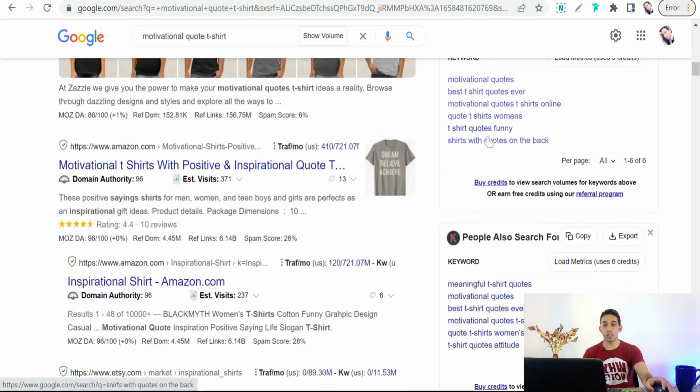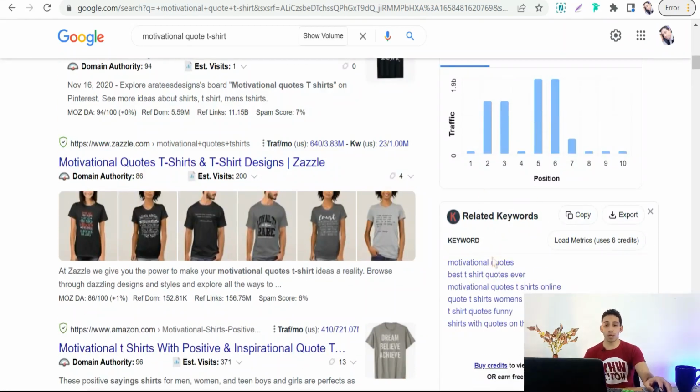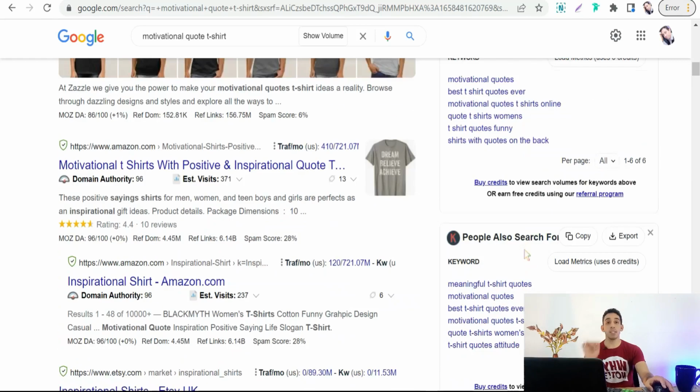And for example, for this one, related keywords from Keywords Everywhere, best t-shirt quotes ever, this amazing tag or amazing keyword that you can use in your Redbubble design, okay, to make your design fully optimized for search engines. Motivational quotes t-shirts online, quote t-shirts women, t-shirt quotes funny, amazing tags from Keywords Everywhere, as you see, for free. Meaningful t-shirt quotes, motivational quotes,